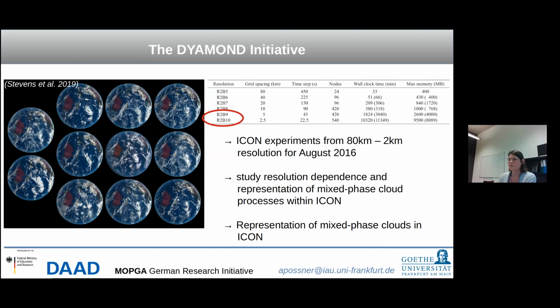And this is a figure of the simulations published by Stevens et al. And he likes to show this figure and ask, well, which one is the observation? So one of these globes is the satellite observation, and the rest of them are the climate model simulations performed at a 2.5 kilometer scale. What is really nice about this now is that it becomes really hard to distinguish between the satellite retrieval and the simulation. That's partly because these models are so good. They still have biases that are visible, but generally the overall features are now captured, and a large fraction of the overall physics is captured.